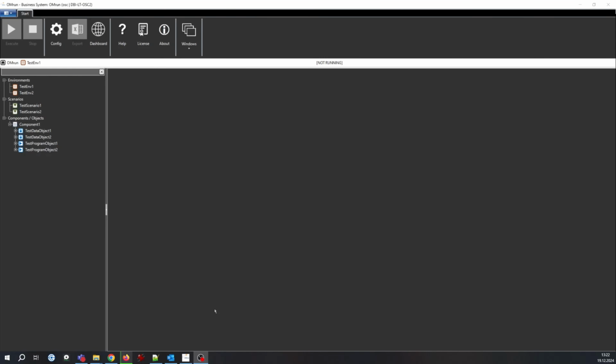OMrun Component. A component combines a few test objects together to group them like a container. Component names have to be unique as they are all stored on the same directory level within the OMrun business system. The tree on the left side of the OMrun screen gives an overview of all defined elements of the